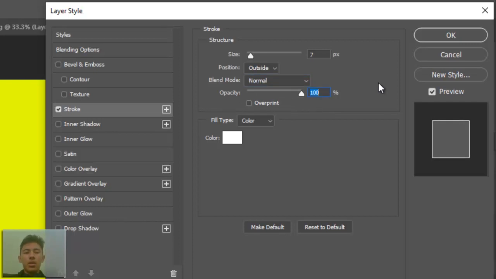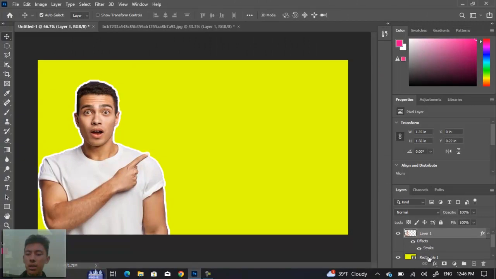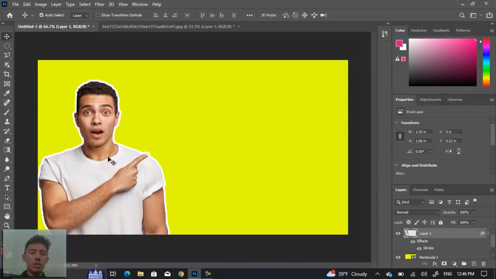So we did it, the first part. Let's review that. In the first part, you have to come here to blending options, and go to stroke. Here is the thing that you need. After that,